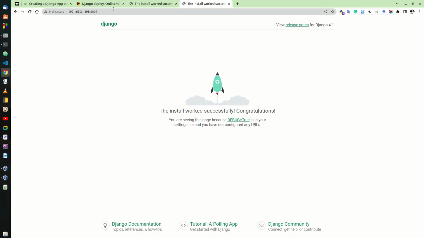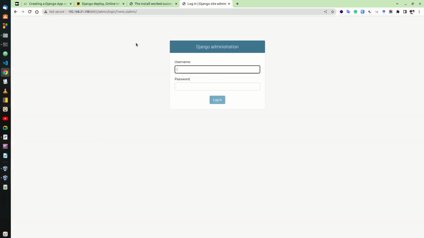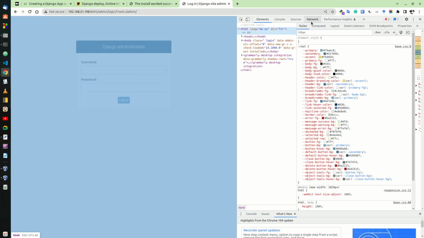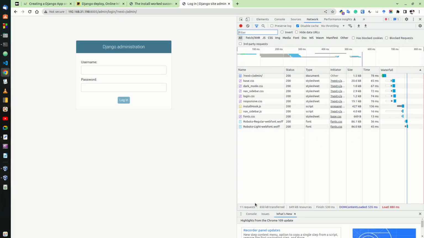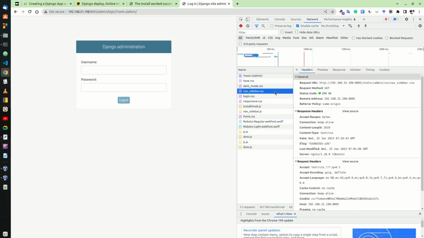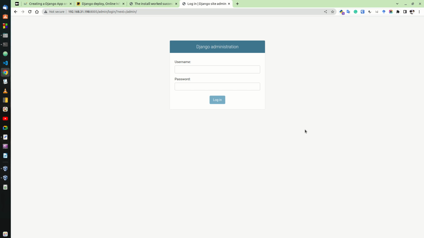If we go to the admin, there we also see that our style sheet is loaded properly. If we go to the network tab and refresh this one, you see that every styling is now propagating properly from our static files. So this is how we can deploy our Django website using Nginx and Gunicorn,